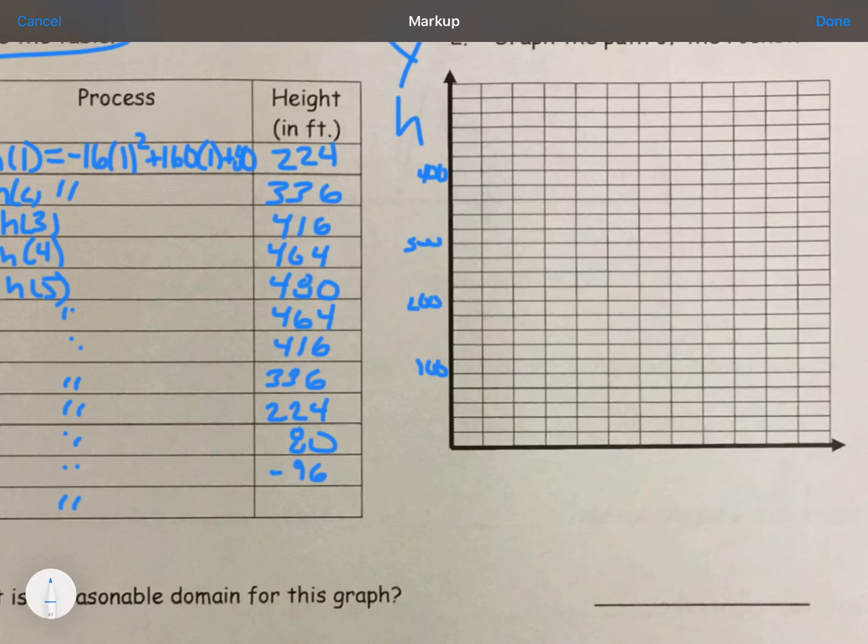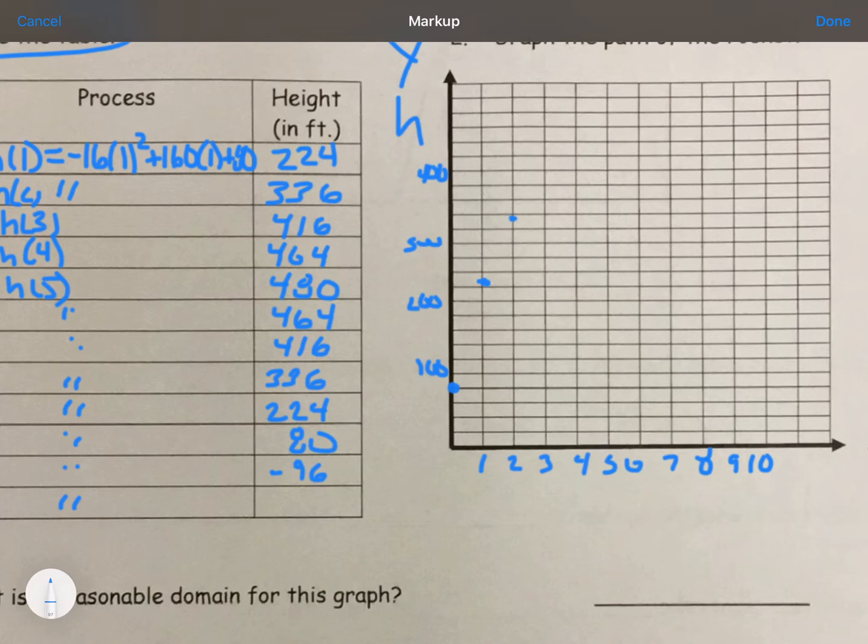Okay, so we have 336 after 1, and then label the bottom. The bottom, the x-axis, is your seconds. The y-axis is your feet. So it started at 80. It went up to 224, then to 336,